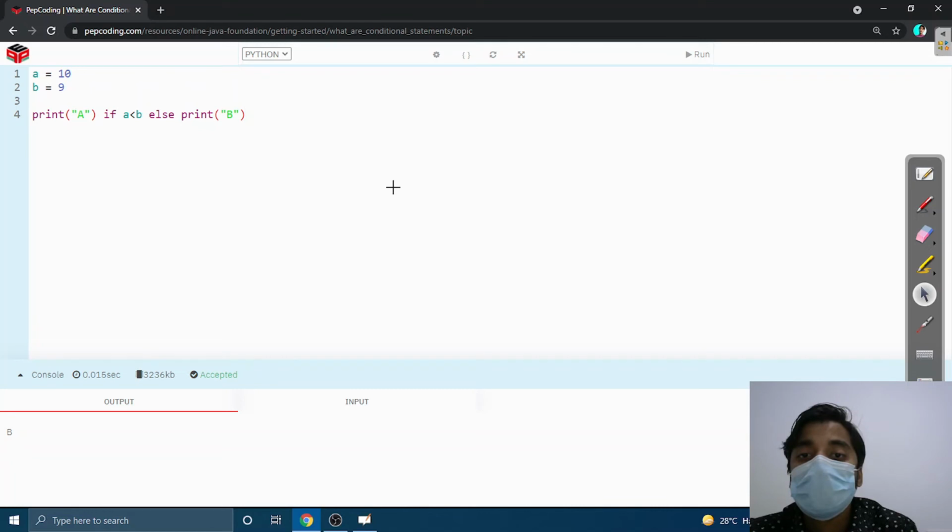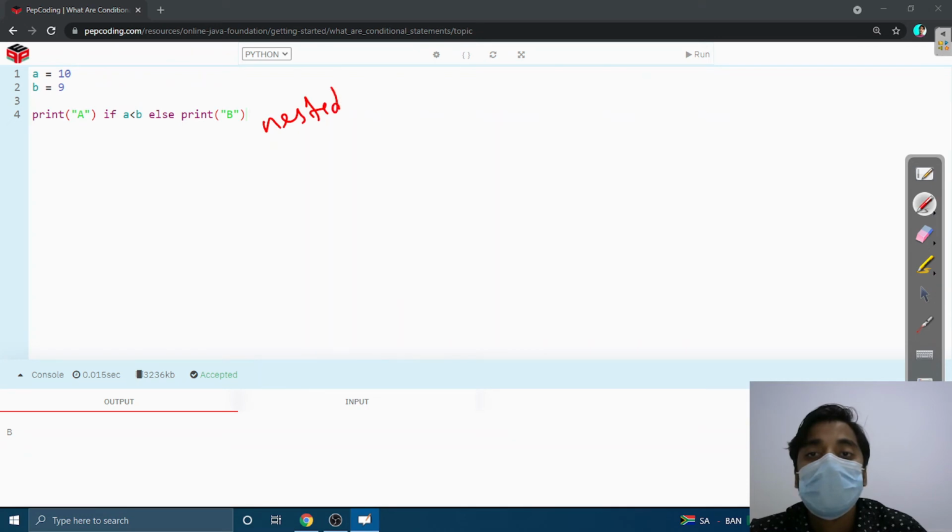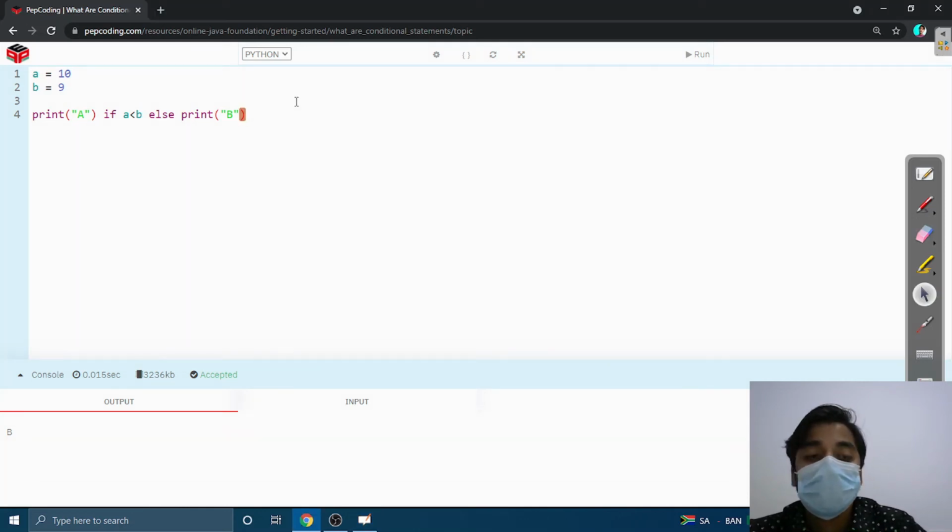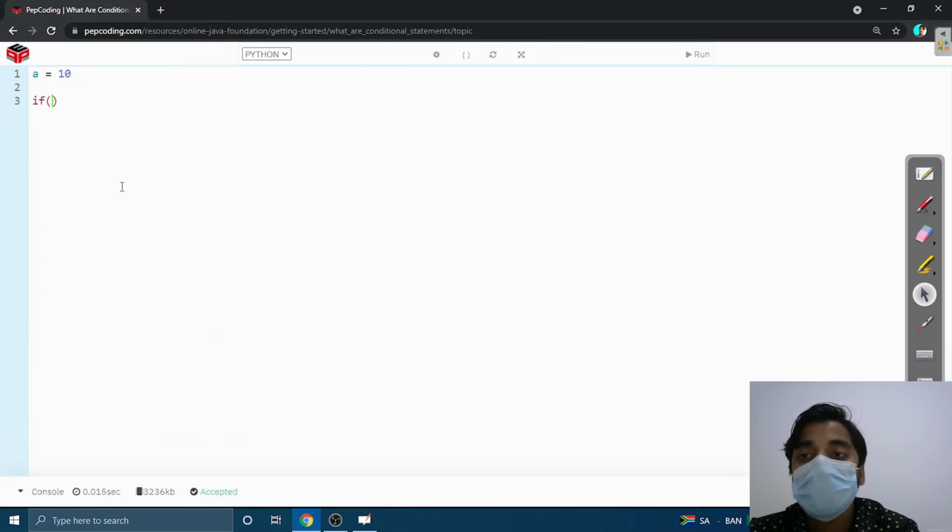Let's see one more condition, the nested if. We are going to see the nested if condition in Python. Let's say we have the value a is equal to 10. Here I am going to write if a is greater than 9. Here I am going to use another if condition. This is the nested if.